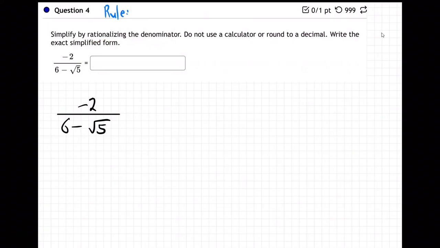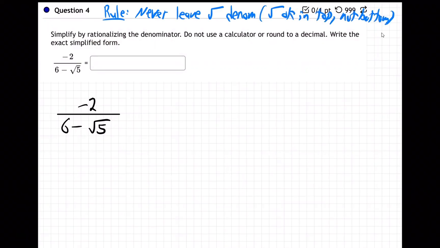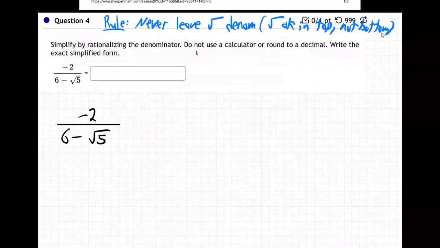The rule is that we never leave a root in the denominator. A root is okay in the top, not the bottom. Right? So instead of leaving a square root in the bottom, you multiply by